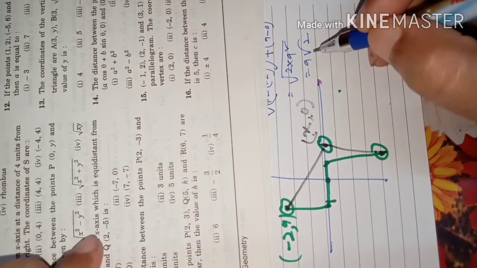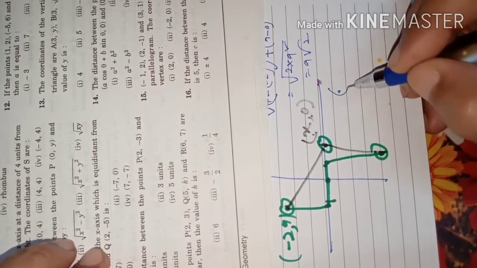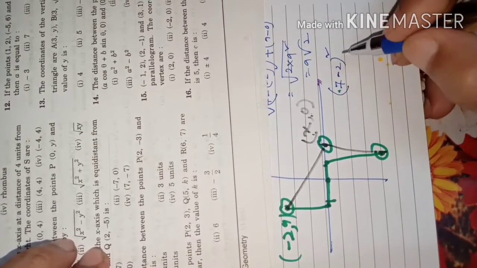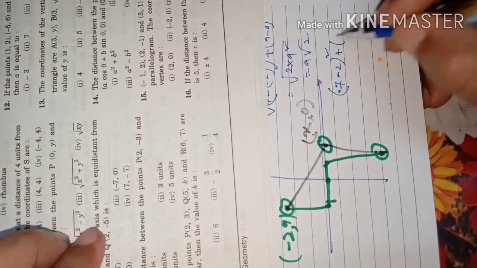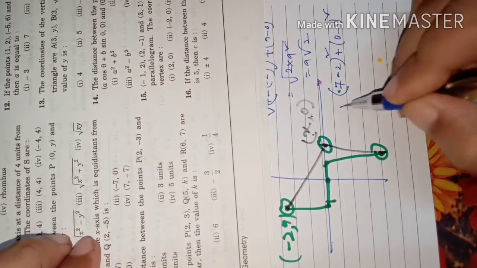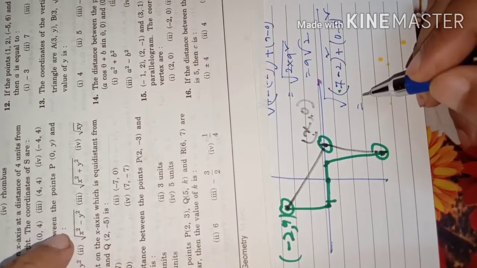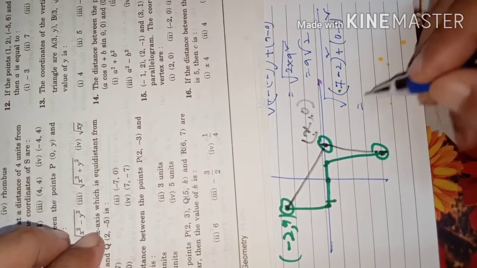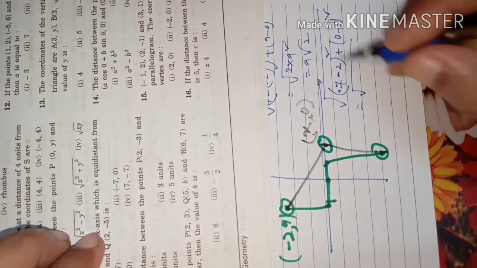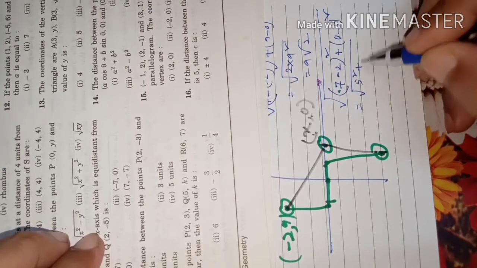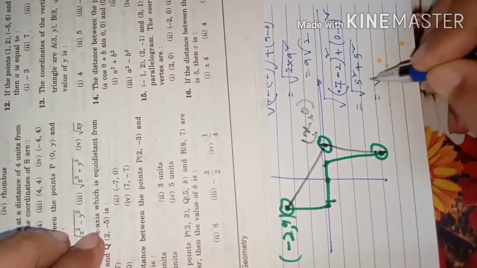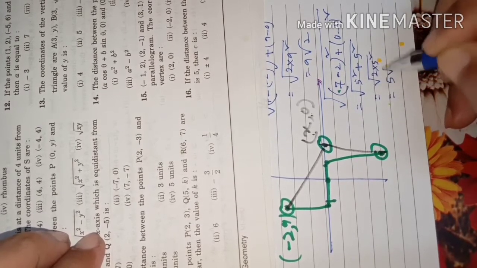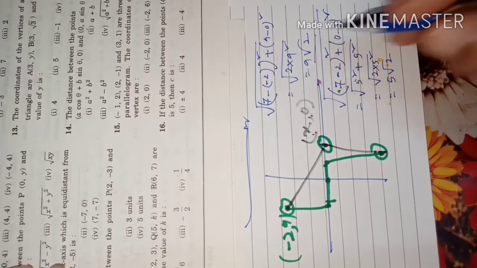And its distance from Q, again you see, 7 minus 2, the whole square, plus 0 minus 5, the whole square. That is also a distance. For (7, 0), we are seeing its distance from P and its distance from Q. So it will be what? 7 minus 2 is 5 square, plus 5 square, that is 2 times 5 square. That means 5 root 2. One distance is 9 root 2, one distance is 5 root 2.